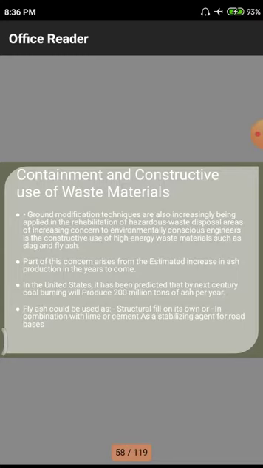Fly ash is mainly used as a structural filling material. Normally we are using this fly ash for the preparation of bricks and others. Likewise we need to have some more utilities of this fly ash as a base material or glue material, that means binding material in place of cement and others. Next one we are having is the combination with lime and cement, that means as a binding material in combination with lime, which means CaO, and cement. In place of lime and cement both we need to use approximately 30 to 40% of this fly ash.